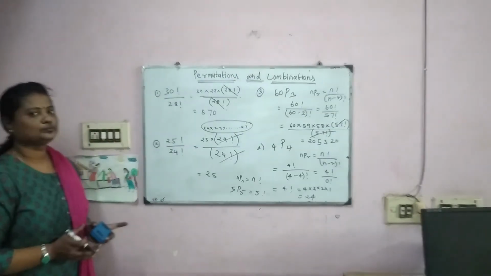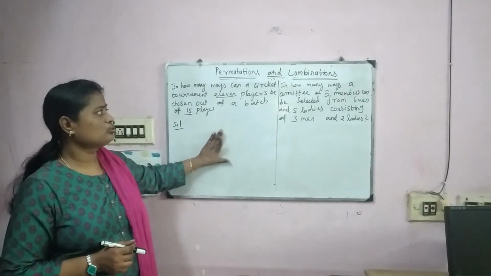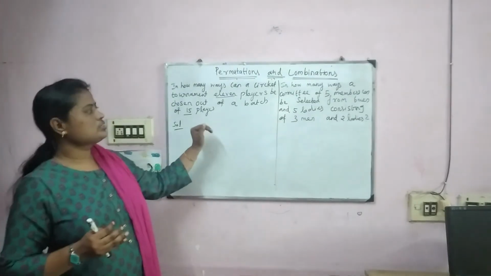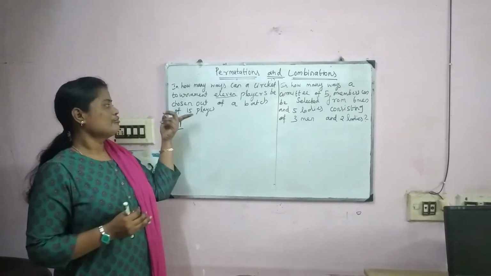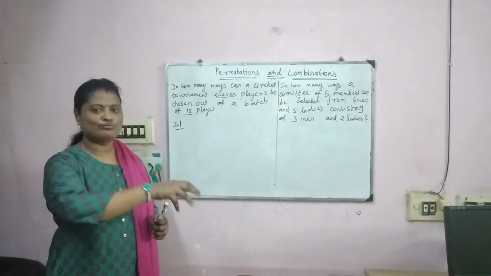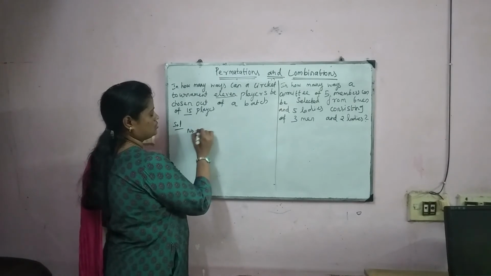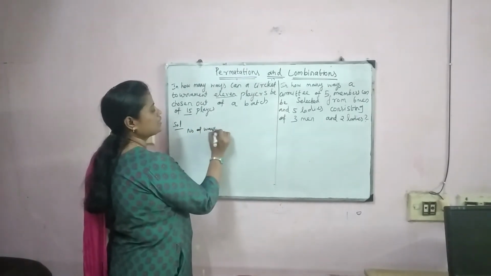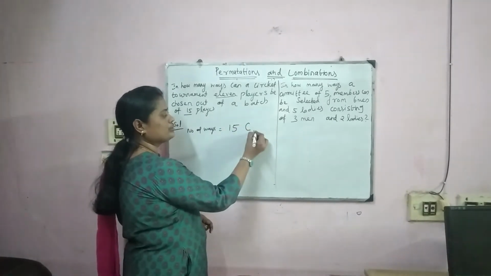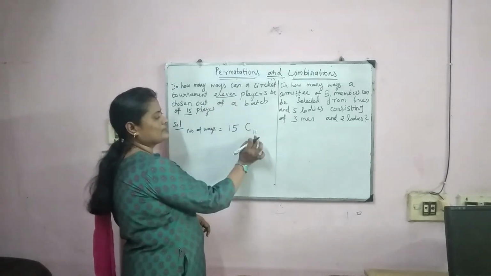Have a look. Question, whether it will come permutation or combination. Before that you have to know the permutation is always arrangement, the combination is always selection. From this question, what we have identified, from the 15 players, we are going to select 11 players. So it means you have to do the selection. So that's why you have to apply combination, that is, from 15 players, you are going to select 15C11.